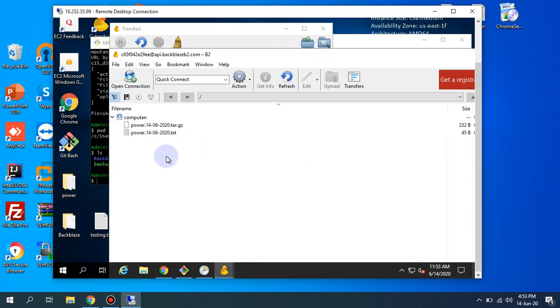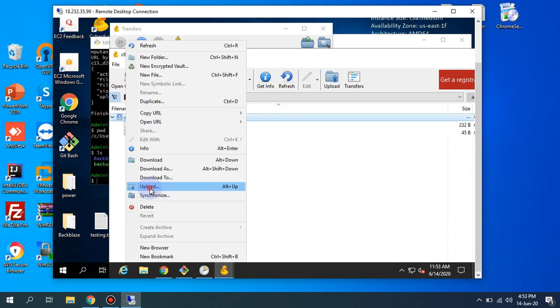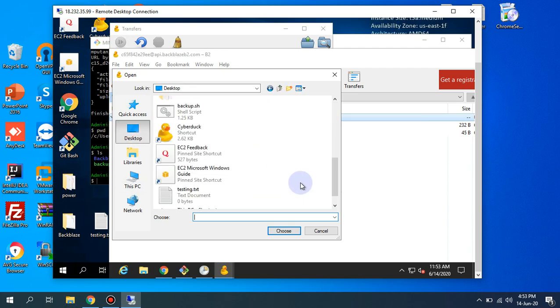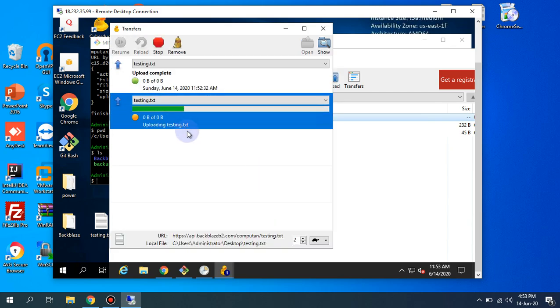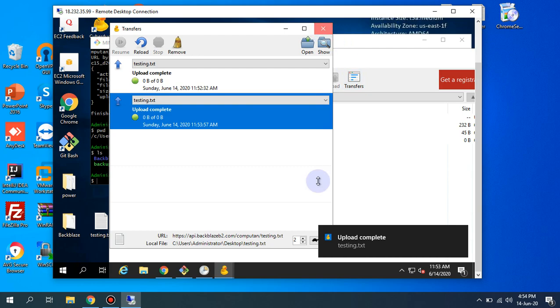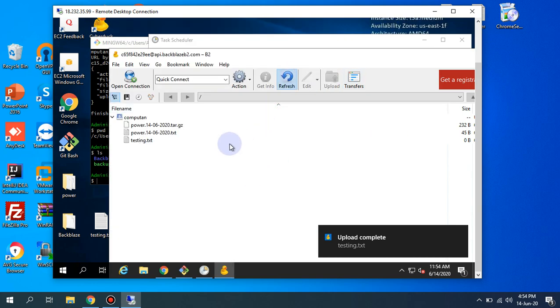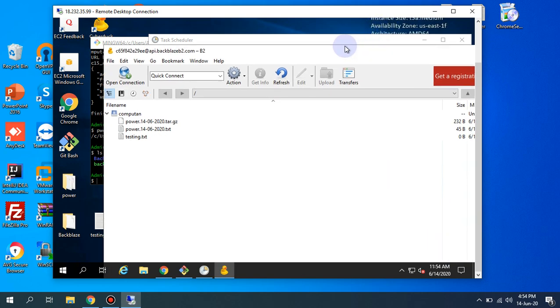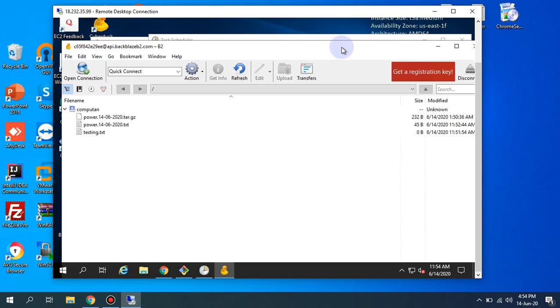So guys, there is something which I need to show you. I can upload a file with this tool, and let me show you that. Simply click on this and upload a file. There might be some reason, I have to search for it, but I'm unable to delete the tar file. Let me upload this txt file to this particular bucket. And if I refresh it, let me show you that part as well, because it is 11:54 and